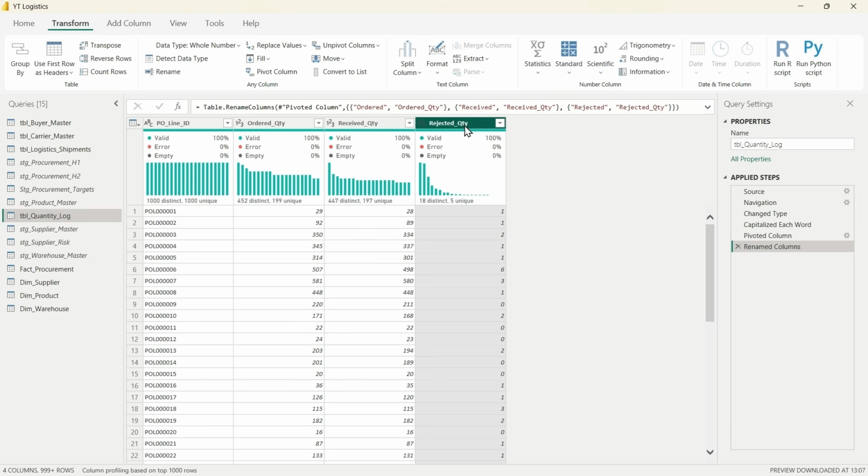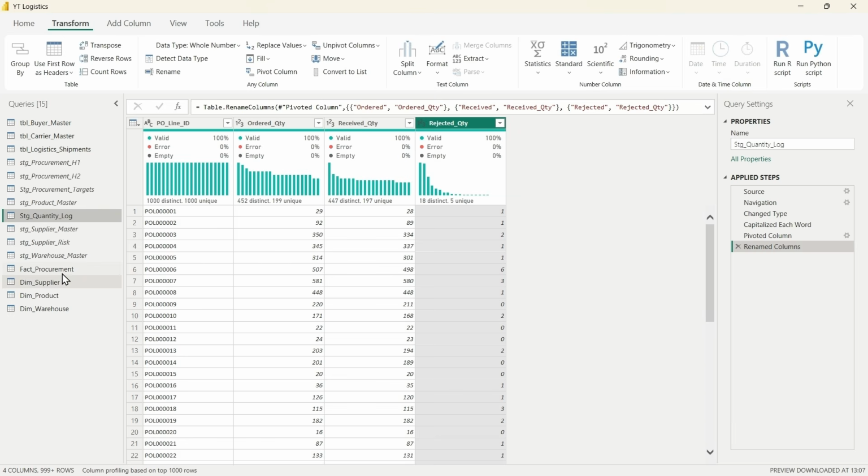Okay, so it is created here. Our main table, quantity log, has been created, but actually what we have done here is just altered the main table only. But it's fine if we are using the practical project here. In real life, you need to reference this, all right. So we will rename it as staging quantity log,